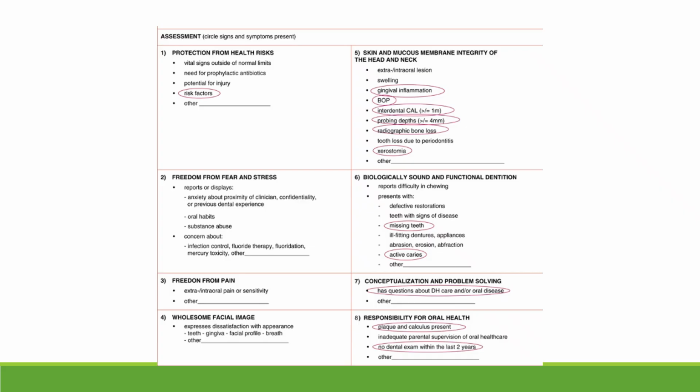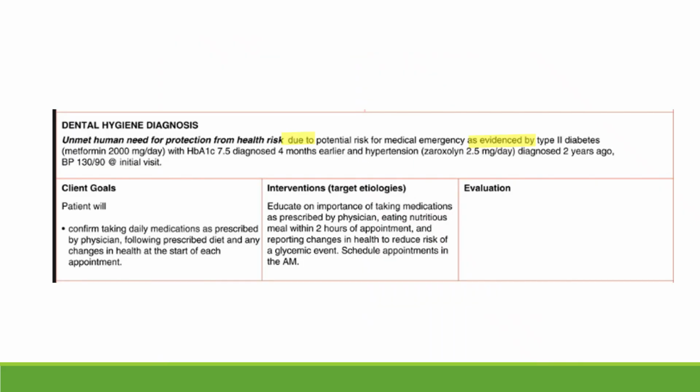And you can see by looking at the slide that they have deficit from box 1, 5, 6, 7, and 8. So now we know we have to create interventions, goals for the client. With the client, you're going to create a goal to address these deficits, and then you're going to plan the interventions that are going to treat these deficits and hopefully eliminate them. So let's look at the first one,